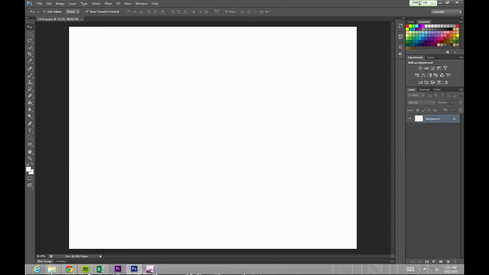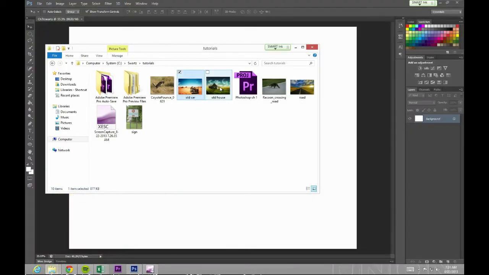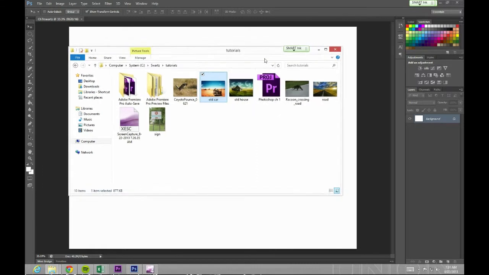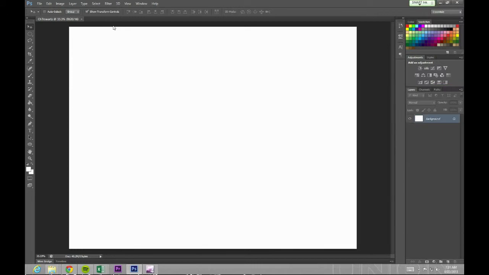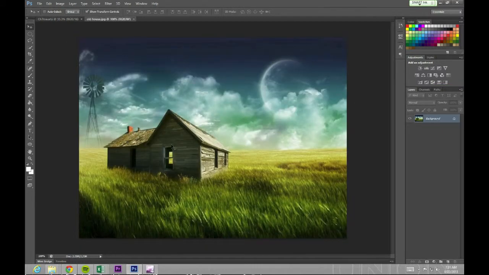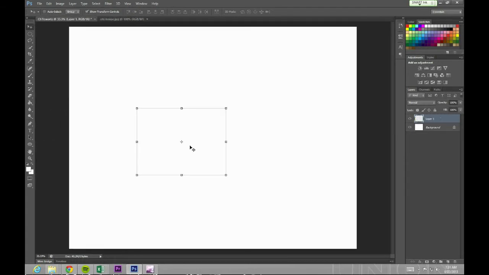Now what you have to do is bring in those pictures, and you're going to bring in the landscape first. So make sure you have your folder open and just grab the picture, drag it up here into the copy. Now I have to take this into my picture size. So basically I can do a Control A, which selects everything, and then cut it out, drag it up here, bring it down, let go,